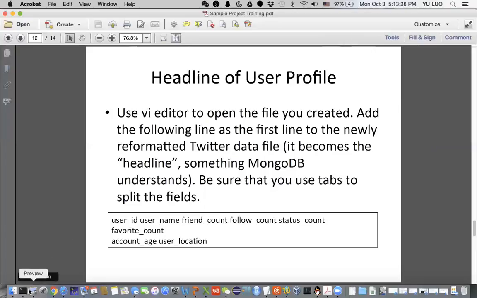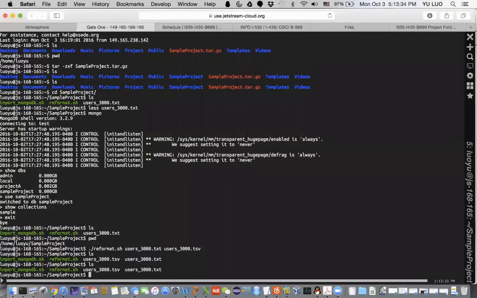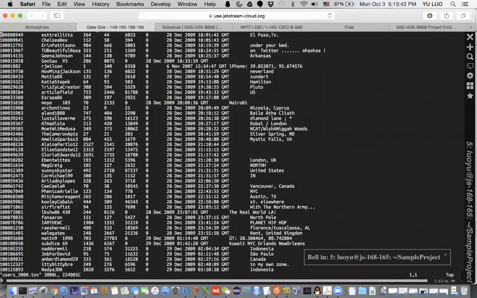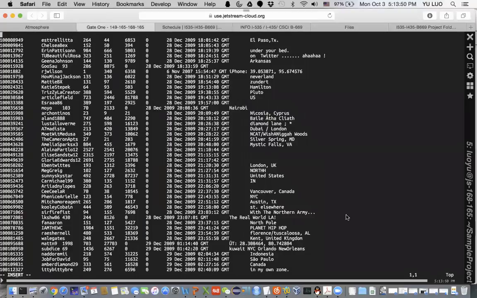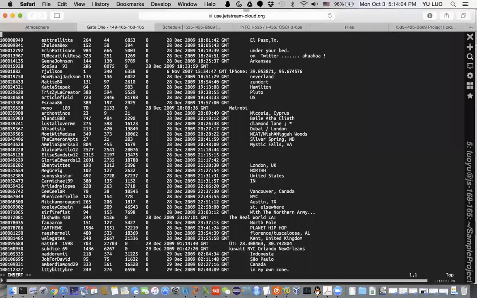So let's go to our image. Here we have two dataset files, and we just need to edit the user 3000 TSV file. If you use the vi editor, you just press I on your keyboard to go to insert mode. Then just type these 8 fields on the first line and split them by tab. So first the user ID, user name,